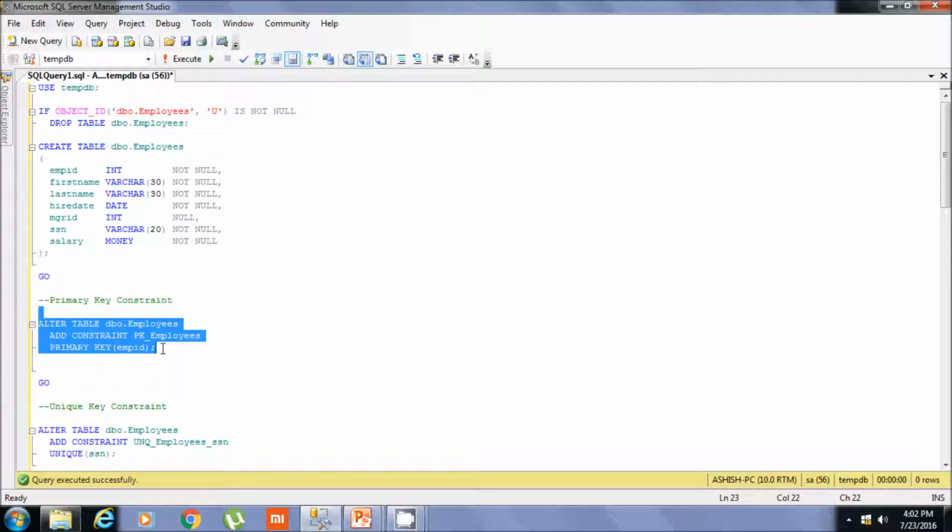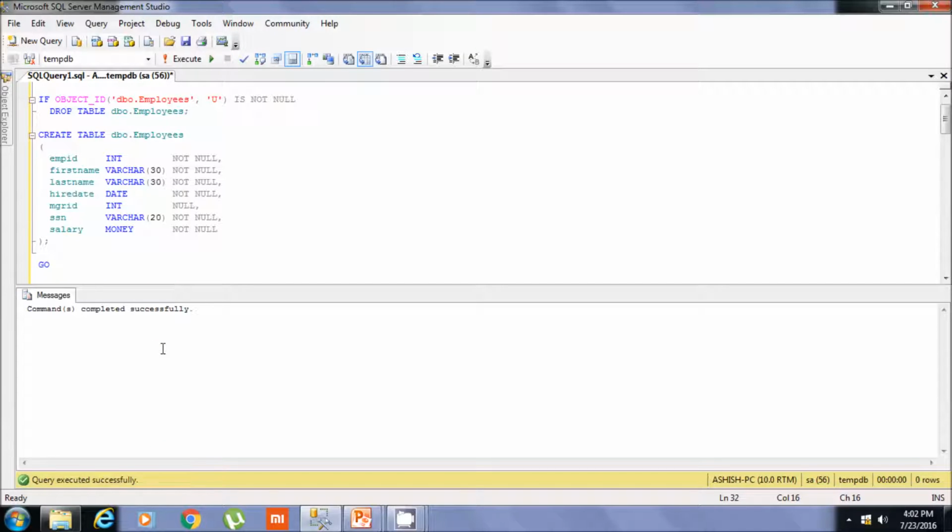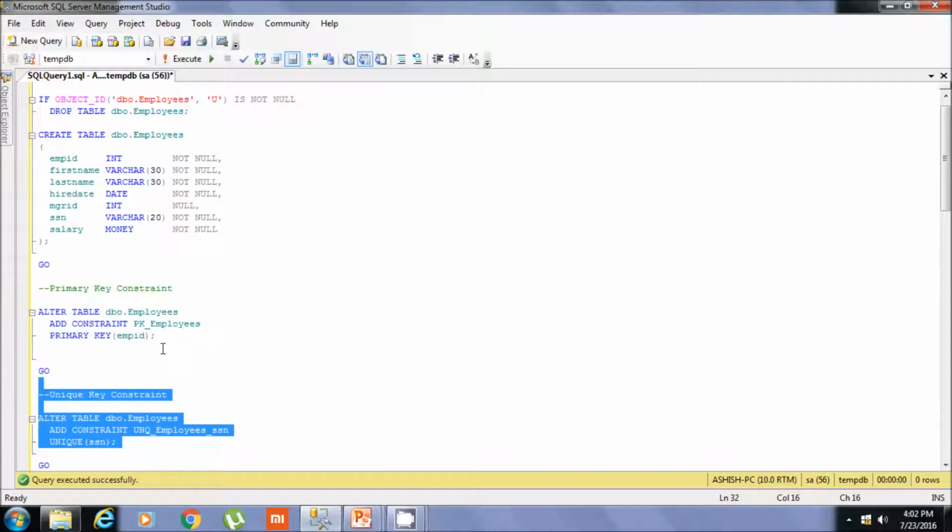So after this index is created, we will not have any duplicate value or null value coming in the employee ID field. Now we will create a unique key constraint on the social security number SSN column of the employee table. After this index is created, we will not have a duplicate value coming in the SSN column, while we can have a null value, one null value in this column.